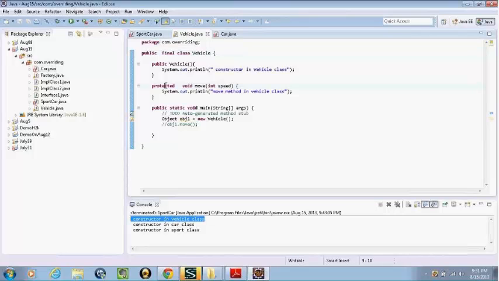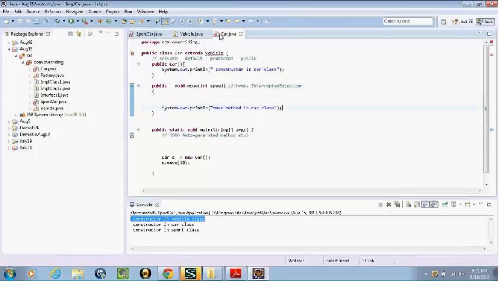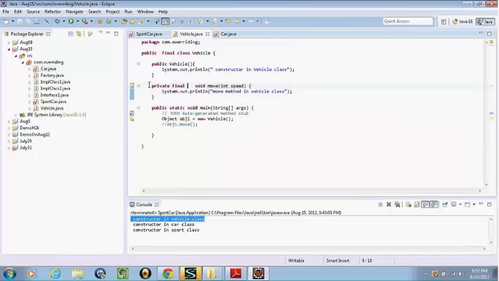Now if I just make it as a private member, and if I define one more function, for now we are defining it as private. Now if I make it public final, see, you cannot create two methods with same name and same arguments.